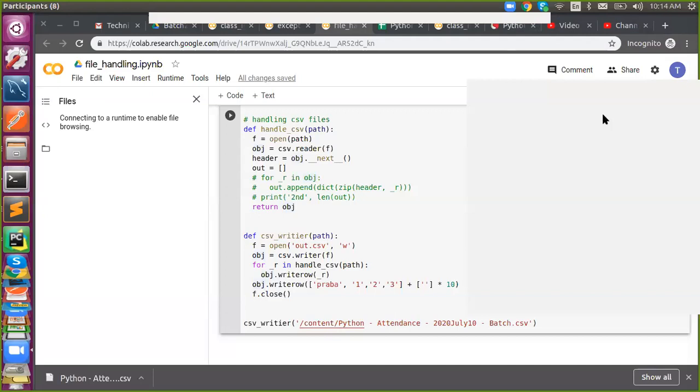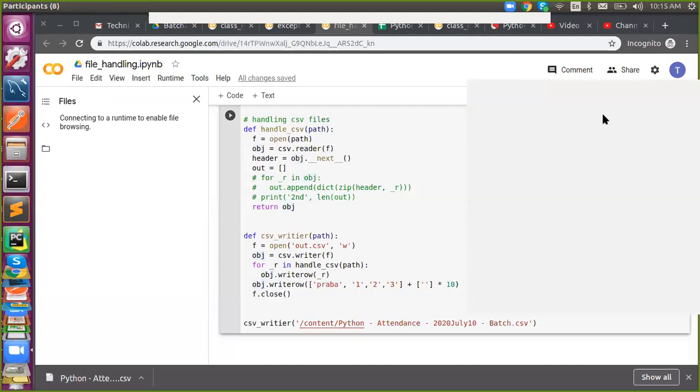PyCharm is just a tool. So you can go with Sublime or you can go with IPython, which comes pre-installed in Windows. Even in Notepad you can do it as well. So PyCharm is not required. The choice is yours. These are the things available and you have to explore.